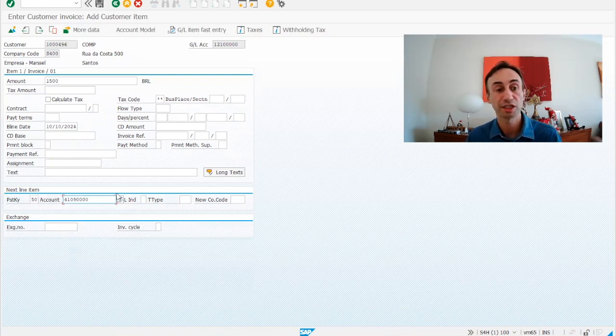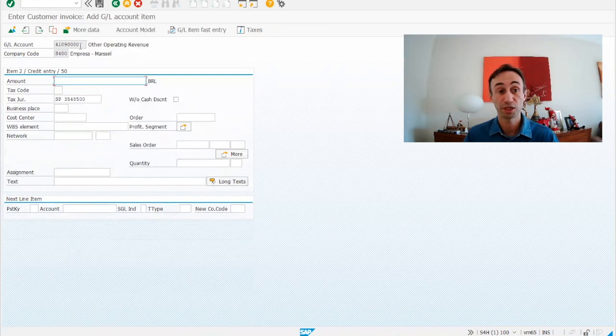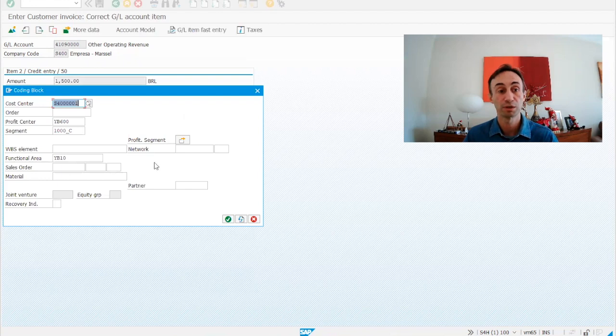So this is our GL account. And then I'm going to press enter. If you see the GL account here, I'm putting the data now to post this line item for the GL account. I'm going to insert star, and I need to put the cost center because it is a P&L account. I'm going to make an entry, and then I can show you that if we go here to more, we have